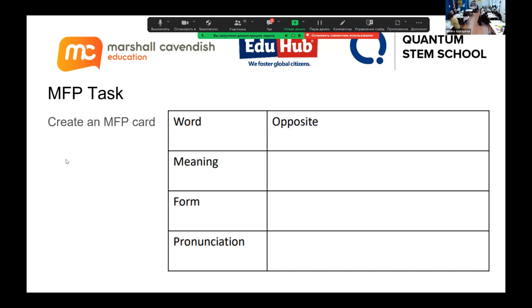And maybe after 2 minutes, when you have filled it, I can ask you to give your examples and please compare your answers. Maybe for the meaning you can draw some pictures. Also, it doesn't always have to be the definition, but